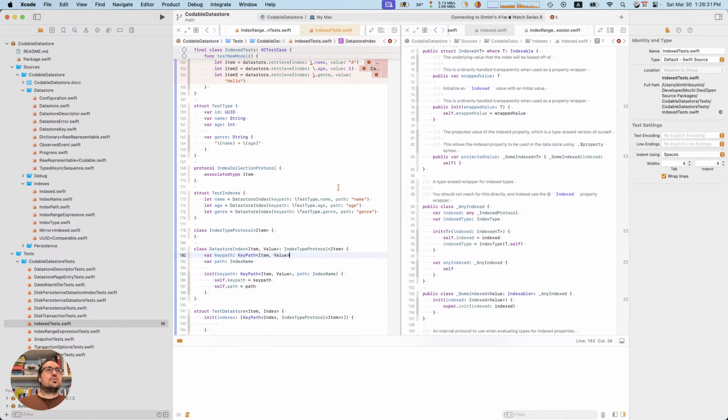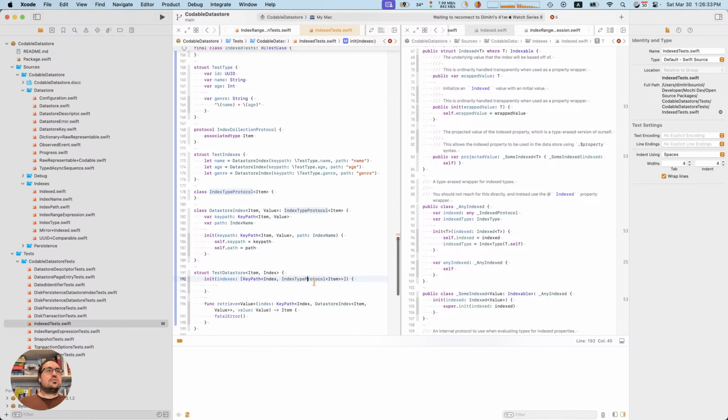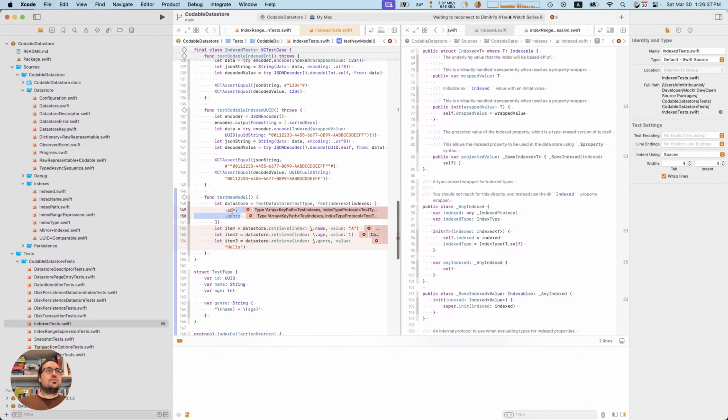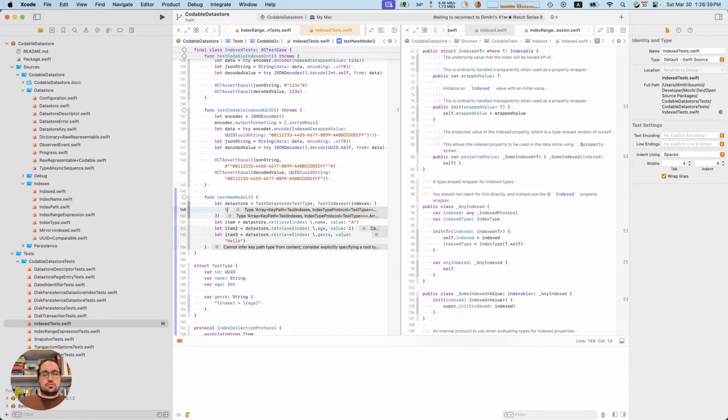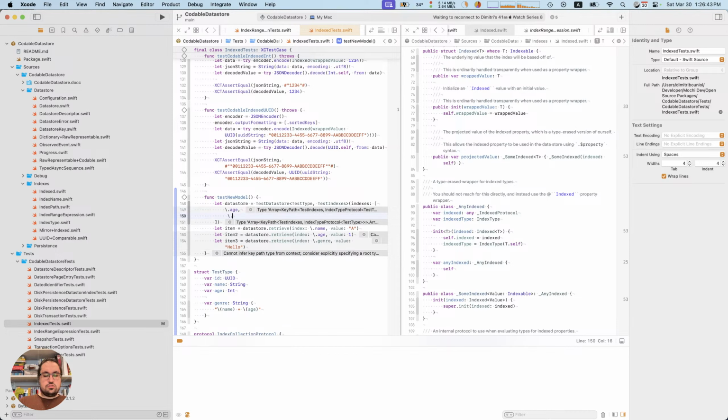Okay. Now this is an array of key paths. So I should be able to say dot age, dot genre. And now I'm back at the same problem that I have.